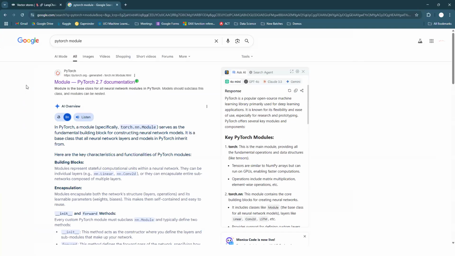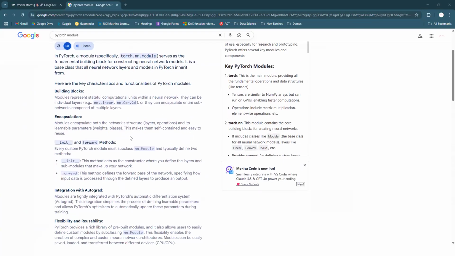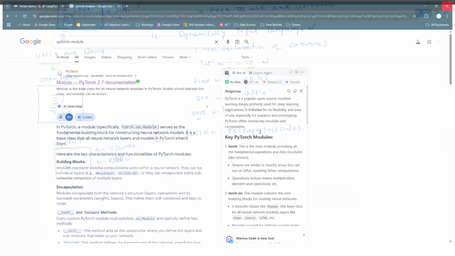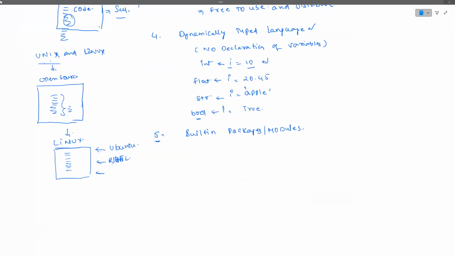So that's it, guys. That is how we have to work with them. These are the libraries we have to work with. That is the main advantage here, guys. Python comes with many built-in modules, and many of them are open source modules which we are going to work with.